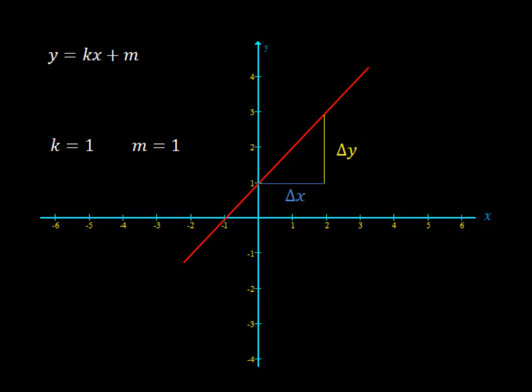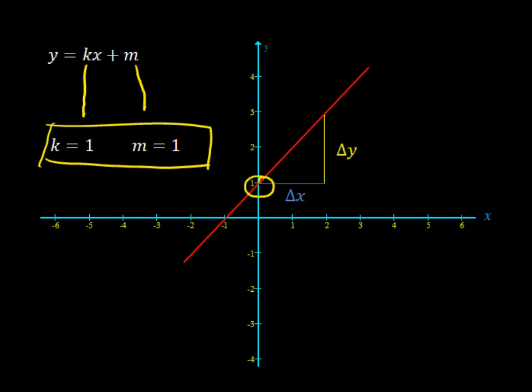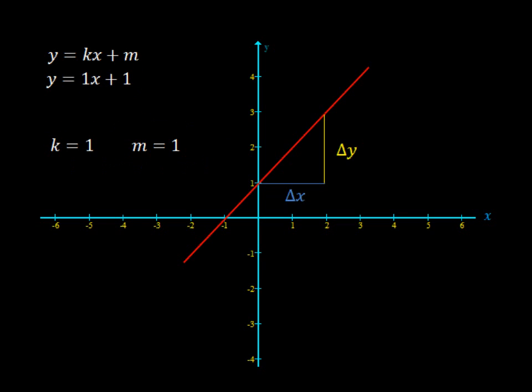The m is easy to read because that's right there. Remember what we said what m was. It is the y-intercept. So now we know our 2 really important things. See that? The k will be traded out there, and the m will be traded out there. So let's get to it. There we go. Now, the k is 1, and I just put it there to show you that it is there, even if you remember from Math A that you don't have to have the 1 there. So we can clean that up right now. Let's go ahead and do that. There you go. Now we can just take away all the things we don't need and get our answer,